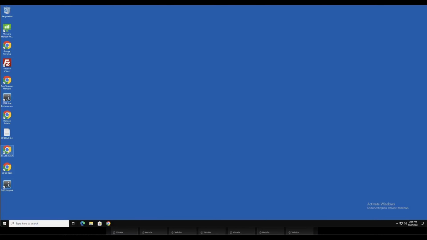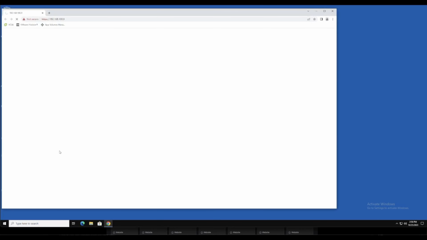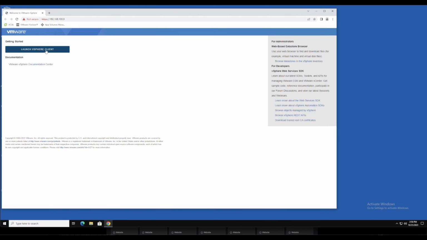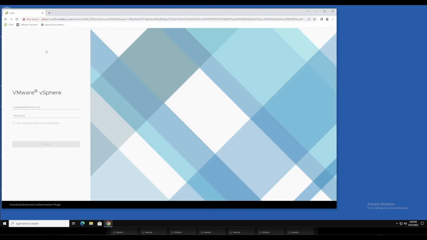So in this video, we're going to show you how through DEM you can actually create one of these policy conditions to detect things like being in or out of an untrusted environment and blocking applications or features. So the first thing we're going to do, again, we're going to log into our vSphere environment, and we're going to look for and connect to the DEM management console. Now the management console